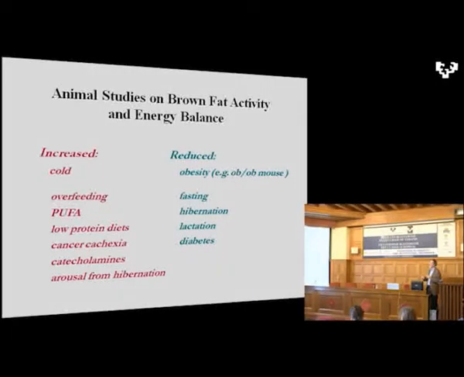And a lot of animal studies on rats and mice were done in which the activity of brown adipose tissue, in terms of its ability to generate heat, was examined in different physiological, nutritional and environmental conditions. And what this slide does is to summarize many of these key results. So brown adipose tissue thermogenesis is increased in animals in the cold, as I showed in the previous slide. It's increased if animals are overfed, and these were some very important findings, particularly by Mike Stock and Nancy Rothwell